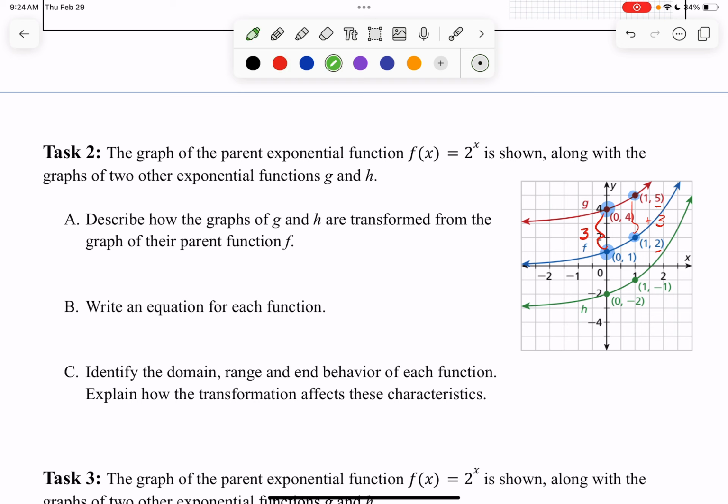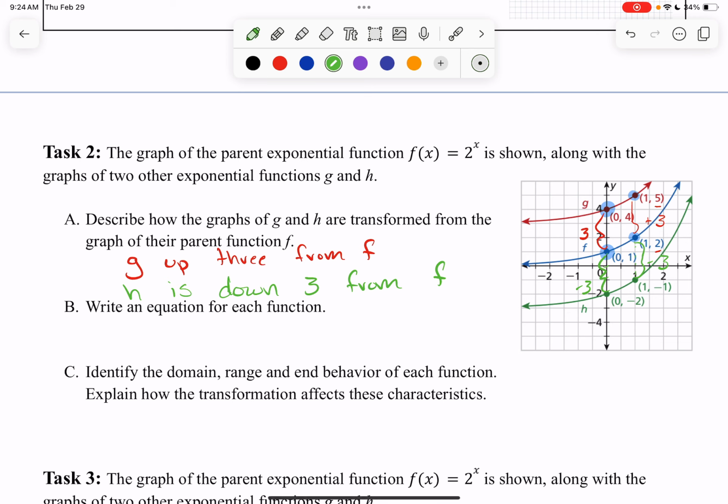Okay. Now let's use those same reference points for h. This one at 0 was up at 1. It's now down 2. It looks like it went down 1, 2. This one went down 3. And let's check that other reference point at 1. Did that one also go down 3 from 2? That one also went down 3. So describe how, g is up 3 from f, and h is down 3